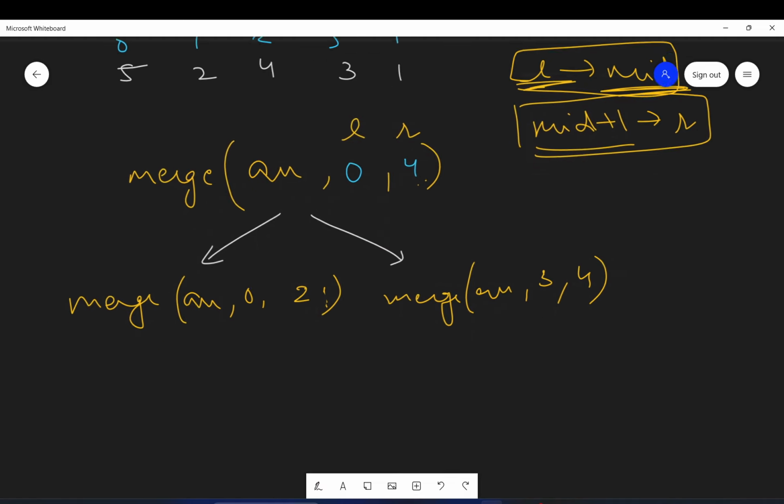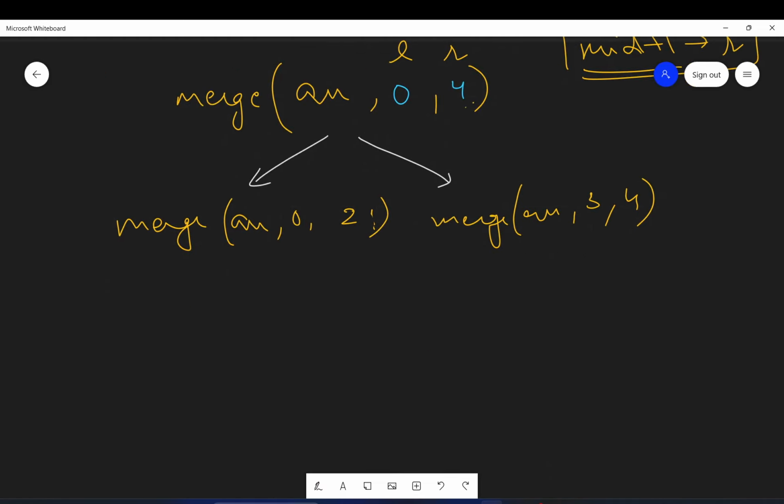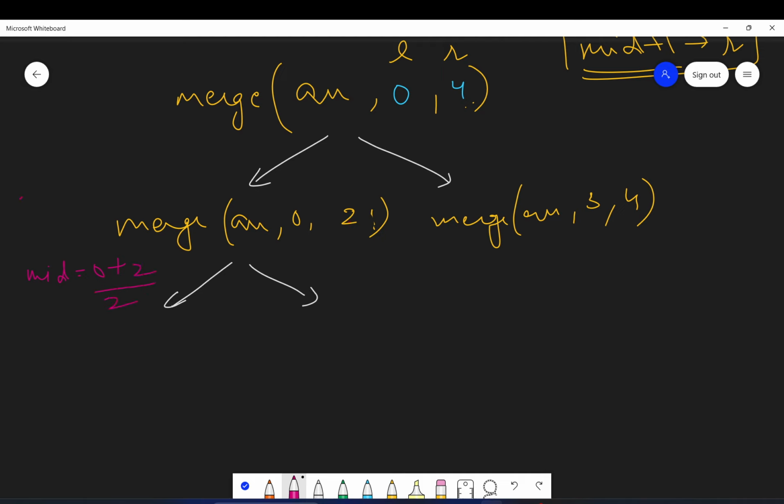Now if you expand this recursive call, you will see it will again be broken into 2. Here we will calculate mid again. So mid will be what? 0 plus 2 by 2, because it is L plus R by 2, and L is this, R is this. So this becomes 2 by 2, which is 1. So how will this be segregated? It will be merge of